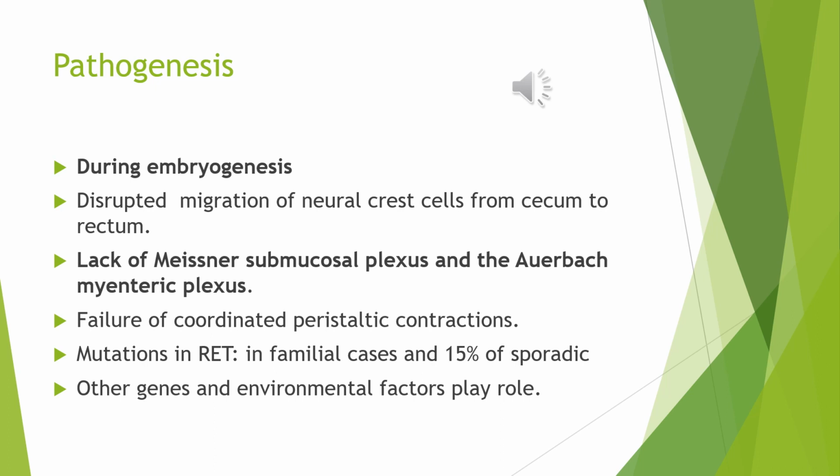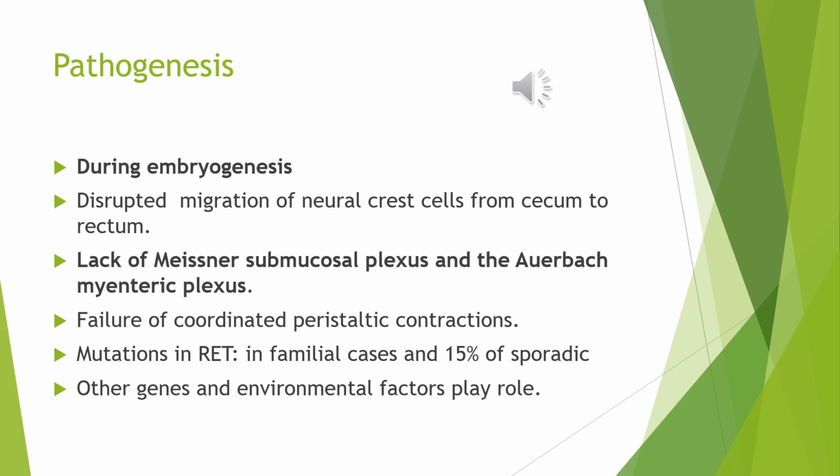The pathogenesis starts during embryogenesis, in which there is a defect or a failure of migration of the neural crest cells from the cecum to the rectum. And so the result is lack of development of the neural plexuses that are usually present within the rectum. The disease affects the rectum in almost all of the cases. However, the length of the affected segment is different from one patient to another according to the severity of the